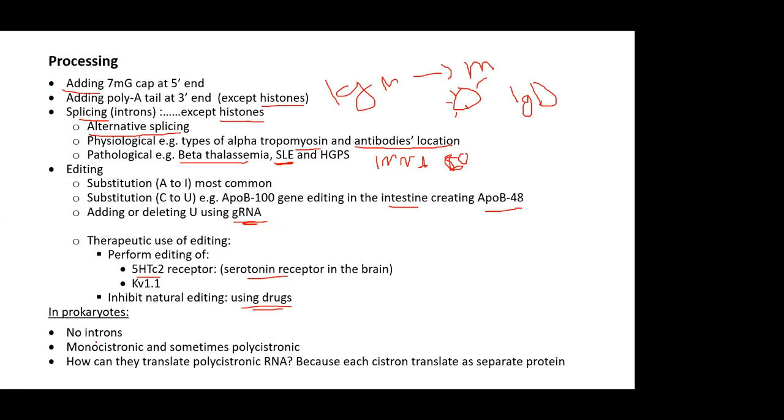Prokaryotes: no introns, monocistronic, sometimes polycistronic. How can they deal with polycistronic? They translate them as separate proteins. And hopefully I did not take too much time. If you guys want me to go throughout the lecture,